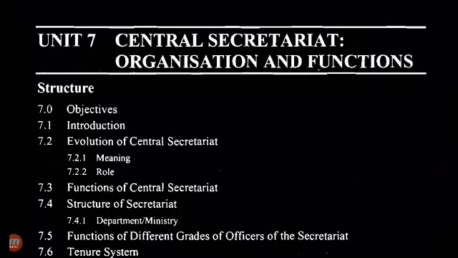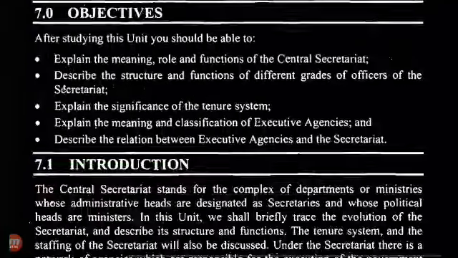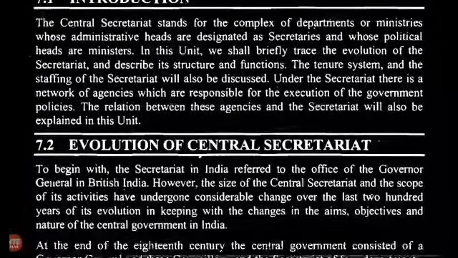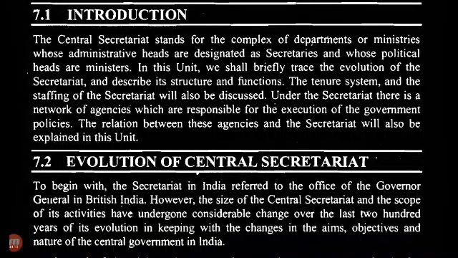Chapter 7: Central Secretariat, Organization and Function. The Central Secretariat stands for the complex of departments or ministries whose administrative heads are designated as secretaries and whose